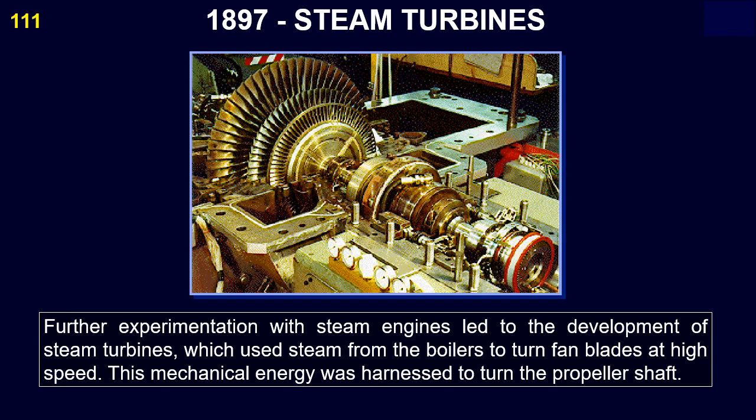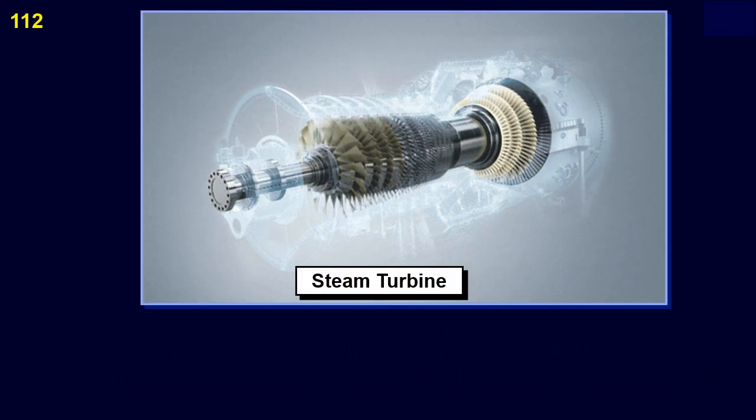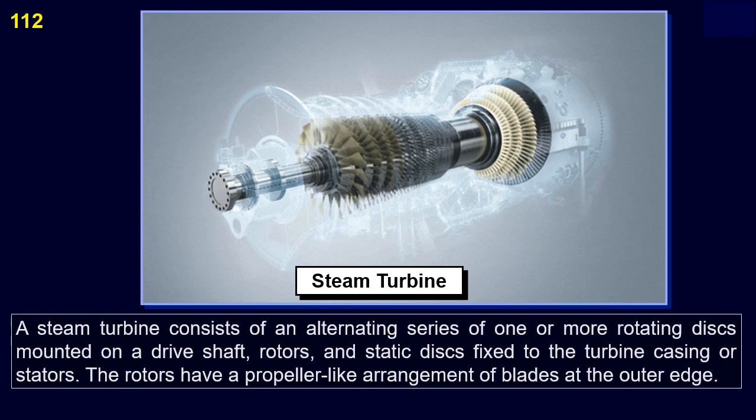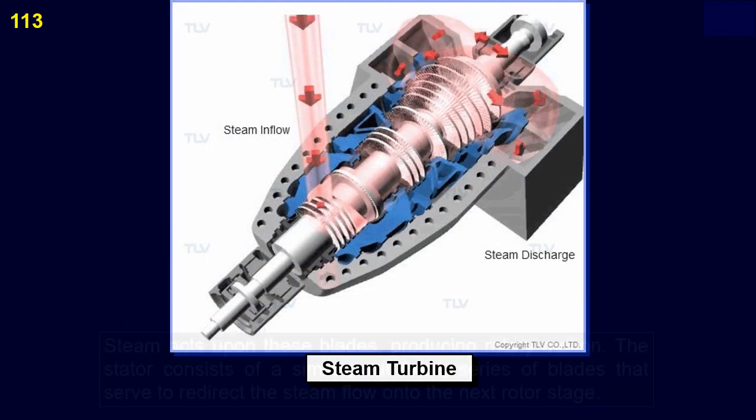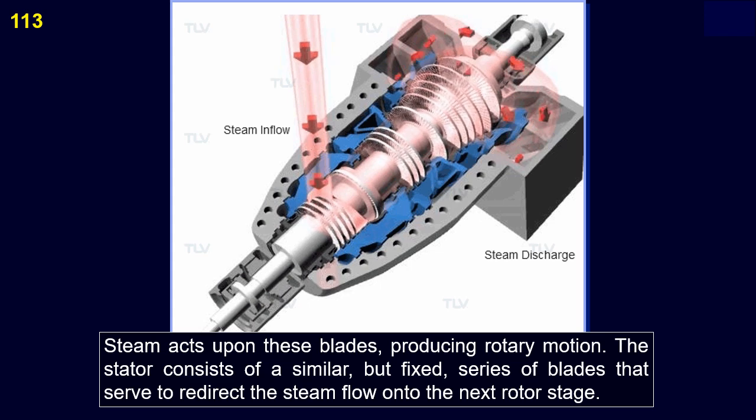This mechanical energy was harnessed to turn the propeller shaft. A steam turbine consists of an alternating series of one or more rotating discs mounted on a drive shaft, rotors, and static discs fixed to the turbine casing or stators. The rotors have a propeller-like arrangement of blades at the outer edge. Steam acts upon these blades, producing rotary motion. The stator consists of a similar, but fixed, series of blades that serve to redirect the steam flow onto the